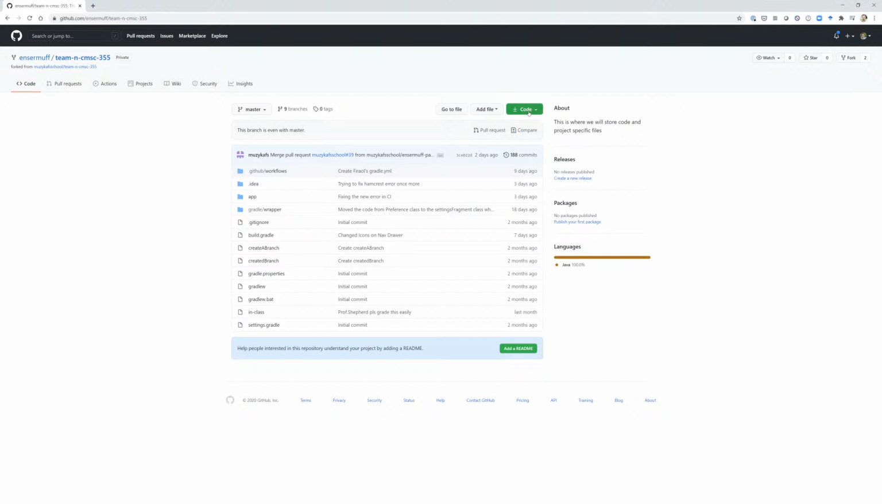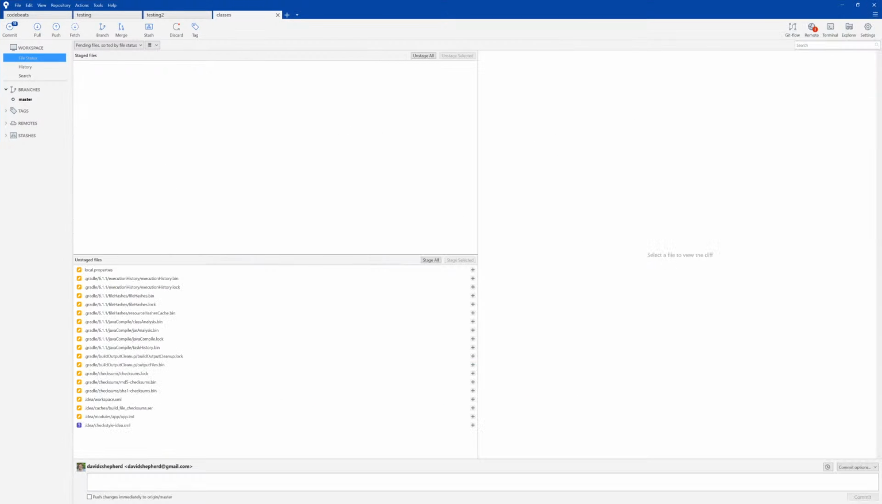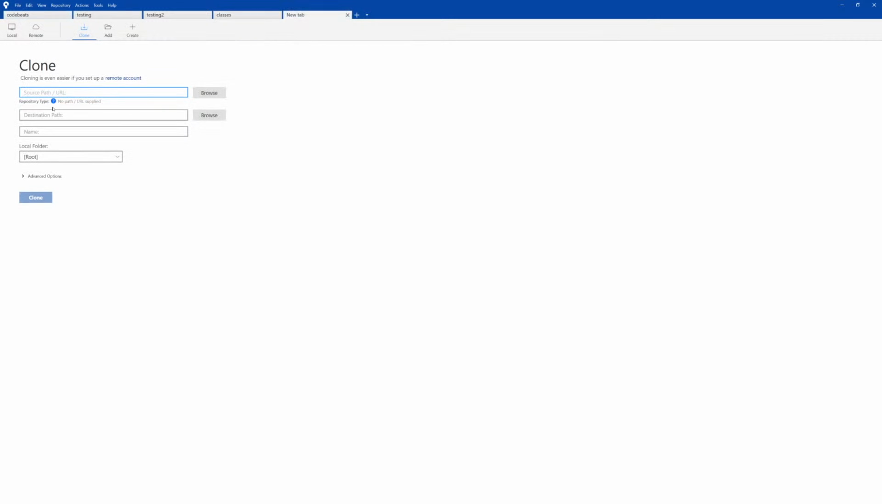That's right. We are going to clone this project, and I like to do that, as you know, using SourceTree. So I'm going to pull up SourceTree. I think y'all can see that. I'm going to go ahead and do file, new. I'm going to clone that project,